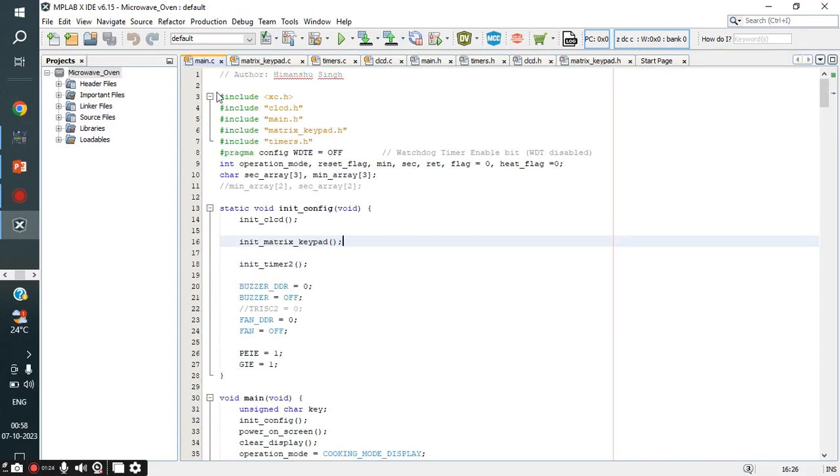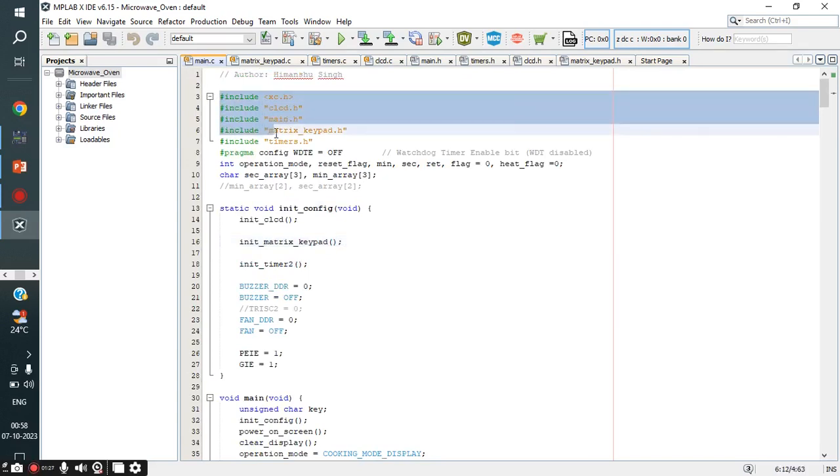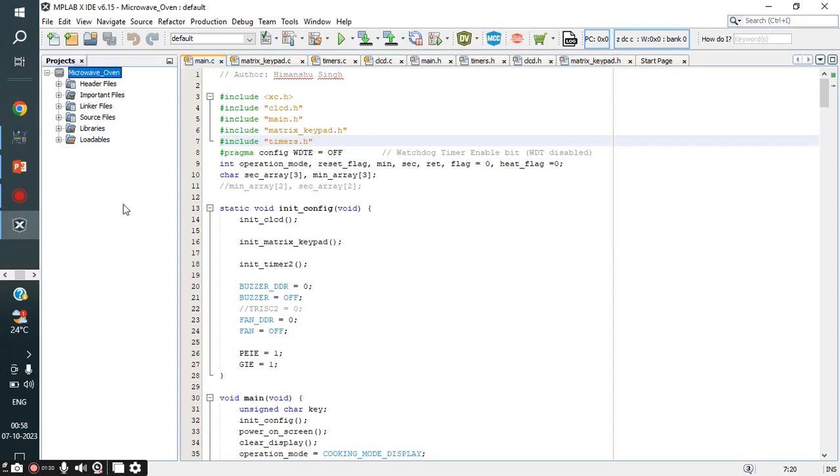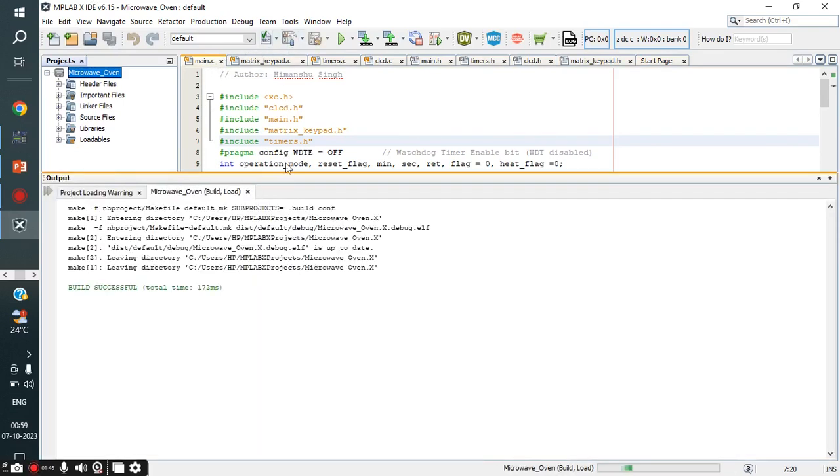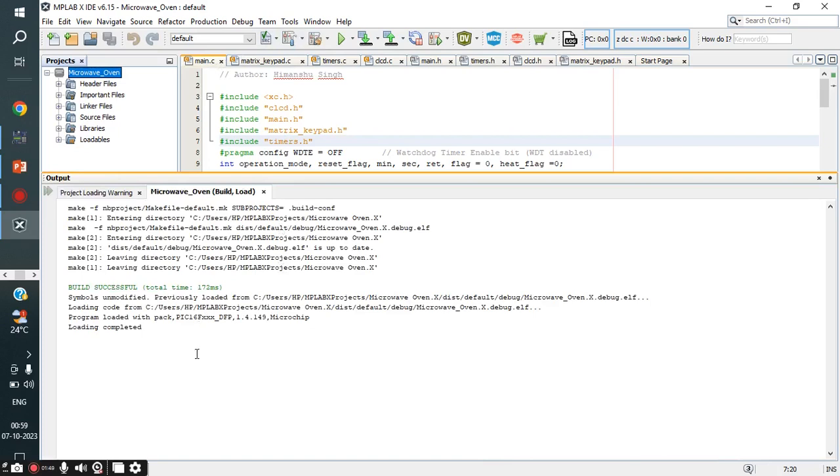First we have to create a hex file in MPLAB X IDE, so we have to build our project. I just built my project, and you can see that the build is successful with no errors or warnings, and loading is also completed. For the simulation purpose